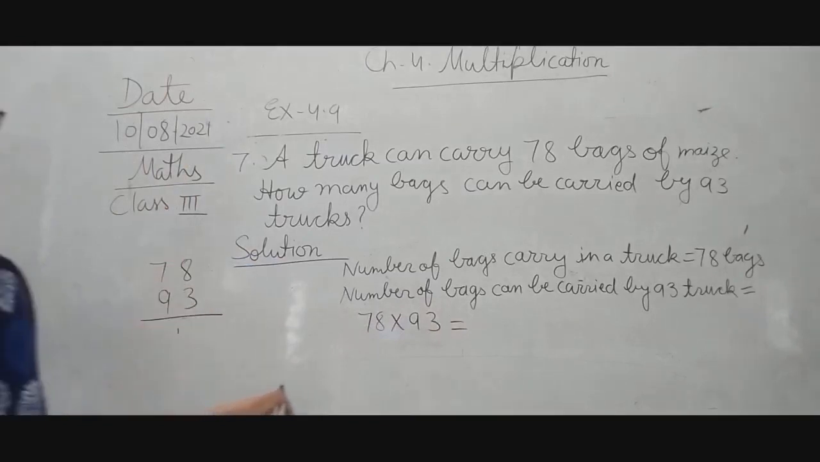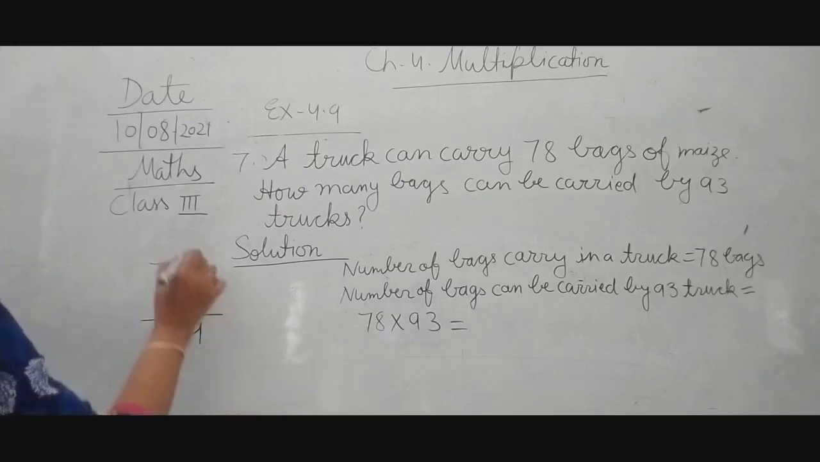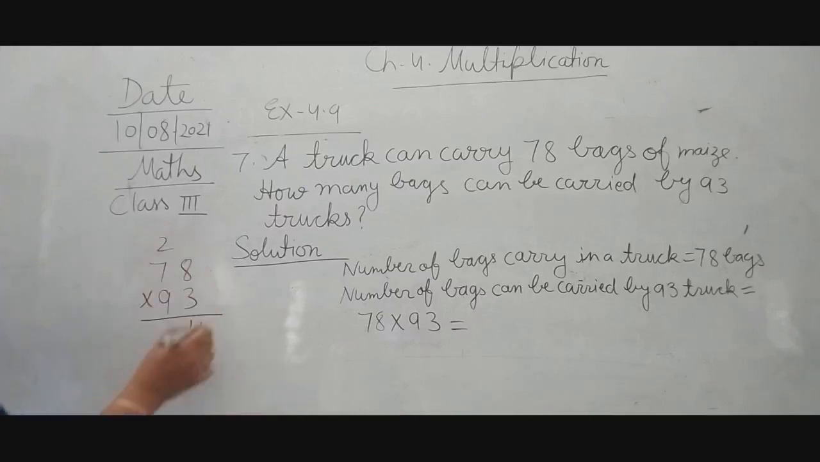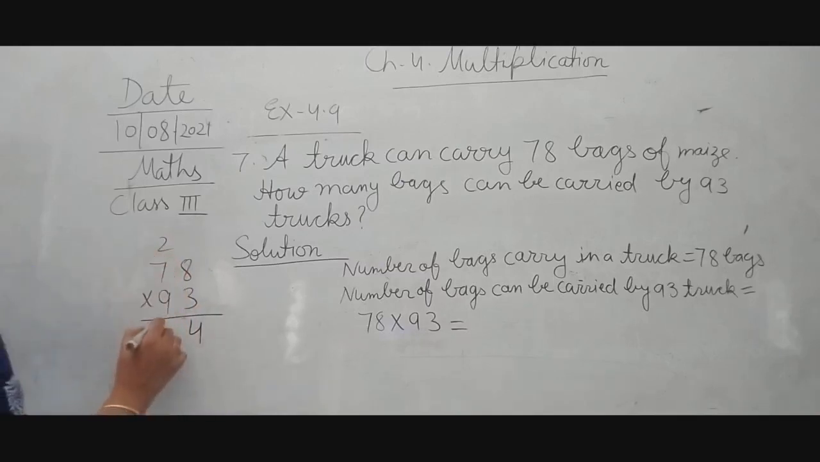So 8 1s are 8, 8 2s are 16, 8 3s are 24. 24 we are going to write 2 over here, 7 3s are 21, 22 and 23. 8 9s are 72, 72 here we will write 2, 7 will be carry over, 9 7s are children